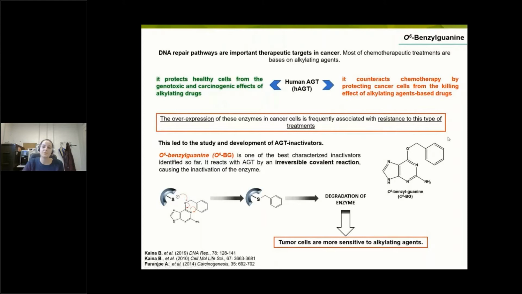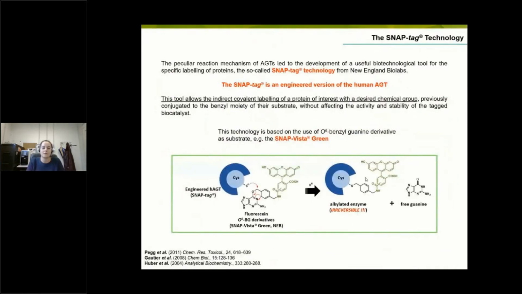So the combination of this kind of molecule and the chemotherapy treatments make tumor cells more sensitive to chemotherapy. But it is not only that, because the introduction of this kind of molecule and the peculiar nature of the reaction mechanisms of the AGT led to the development of a powerful biotechnological tool for the specific labeling of protein of interest, the so-called SnapTag technology, which was introduced in 2003 by Professor Kai Johnsson, and now is commercialized by